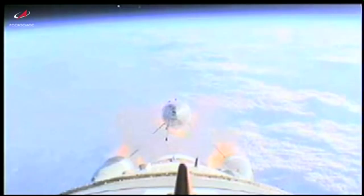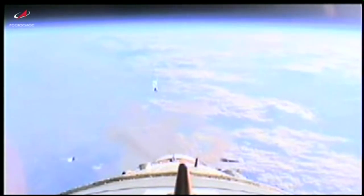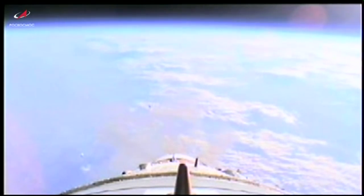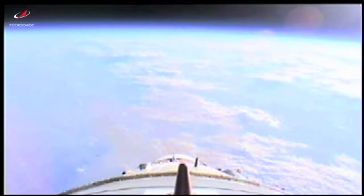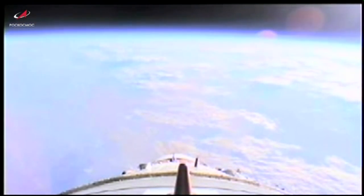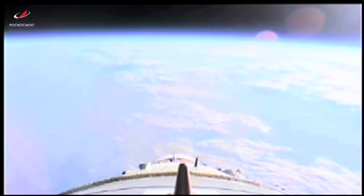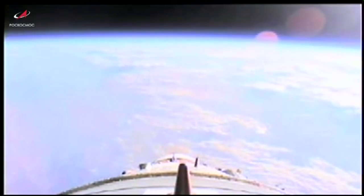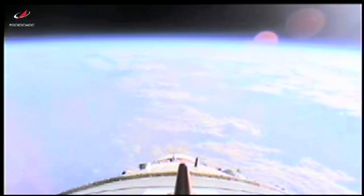This is a view from a rocket camera on the upper stage of the Soyuz booster, showing the strap-on boosters separating. That was first stage separation just over 2 minutes after launch, and at 8 minutes and 46 seconds after launch, the 3rd stage shut down and separated. The Progress spacecraft was placed in its preliminary orbit, a perfect insertion after a flawless liftoff from the launch site